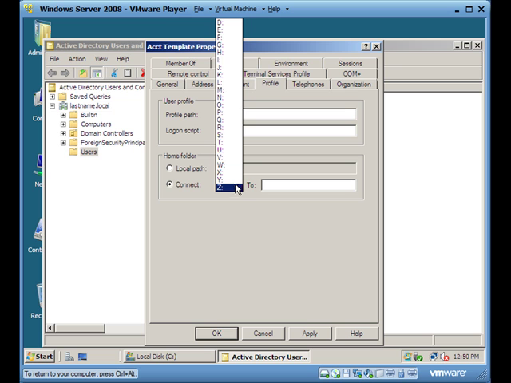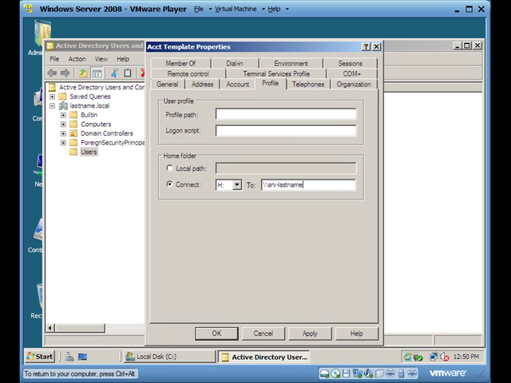Since we are creating a user's home directory, I like to use the letter H for home. This way it's easy for them to remember. Some people also like U for user drive. I'm going to choose drive H and specify the location of the share that I want to present to them as their home folder using the Universal Resource Locator. In this case, it's / the name of our server, which is SRV dash, and it will be your last